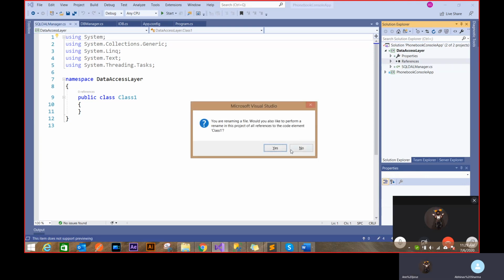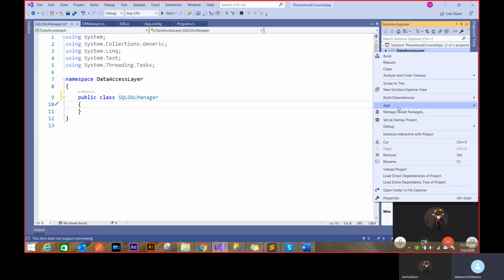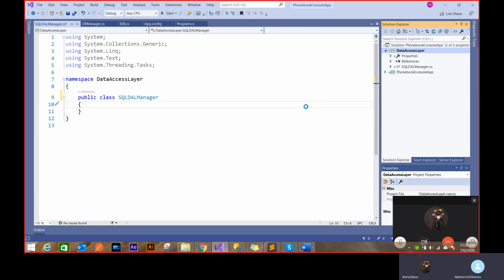As soon as you rename it, Visual Studio knows that the class name also has to be renamed, so the class will also be renamed for you. Now again, because I want to have a very nice skeleton, I don't want to write anything without just writing it out there.